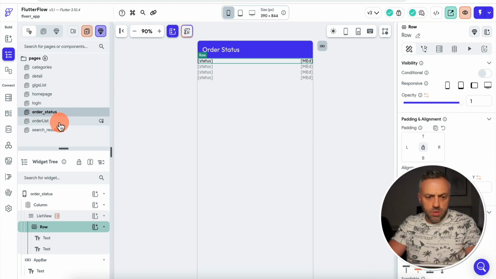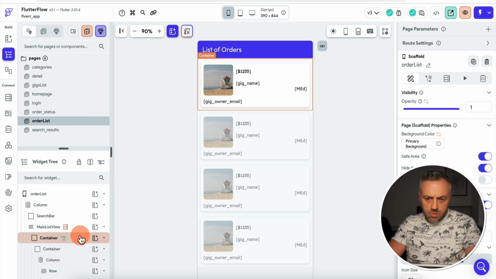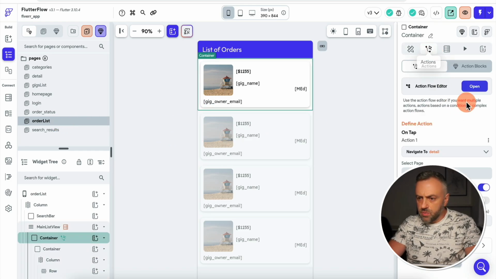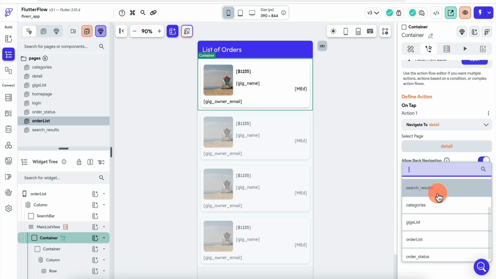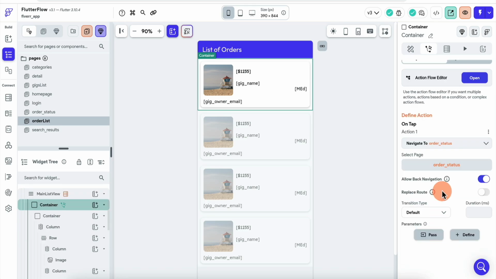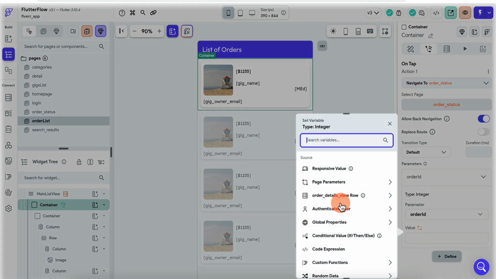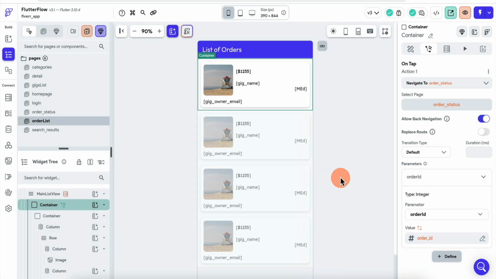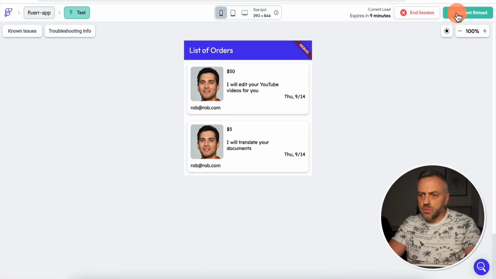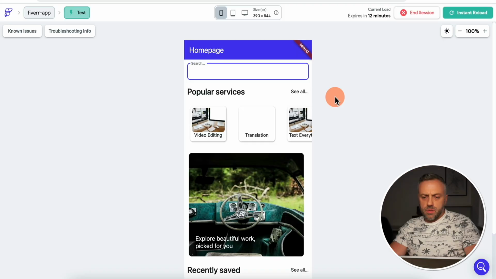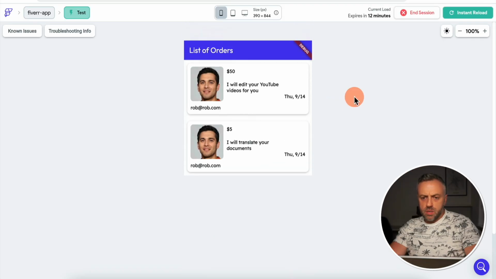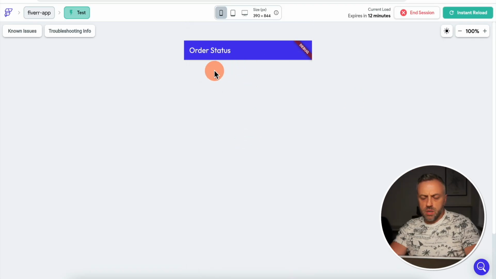And now when you click on this order list, you click on this container, we're going to redirect the user. This is going to go to order status. Okay, pass order ID. Do we have order ID? We should have order ID right here. And let's reload the app and see what happens. All right, let's click here. We have the orders. Let's click here and we should be seeing statuses, but I think we forgot to set